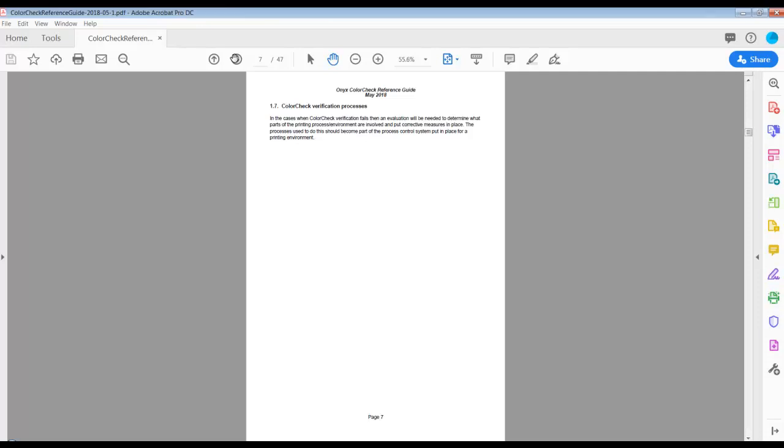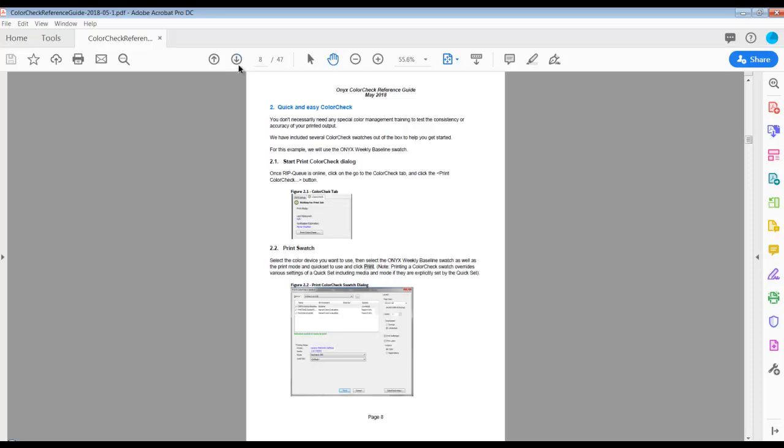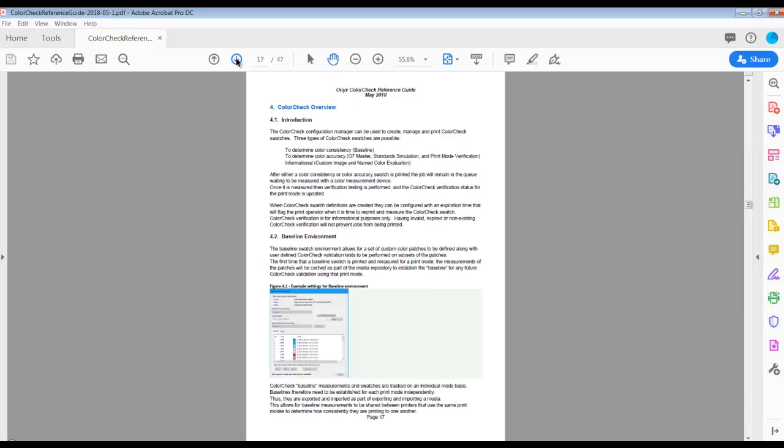If the Color Check verification fails, then we can go through and evaluate our printing process or our environment and determine where the failure might have come from. The next pages of our documentation will talk about the quick and easy method for establishing and setting up our Color Check test targets. I am going to go to page 17 and reference the type of test targets we